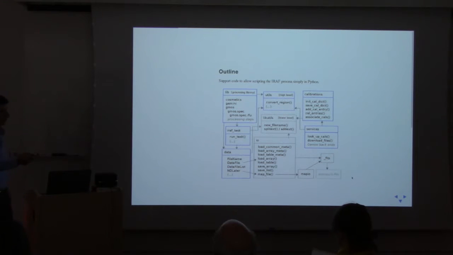The core thing that you see is this library of processing steps, which mostly contains GMOS IFU spectroscopy steps at the moment, but it's designed so it could potentially have steps for other instruments added to it fairly easily. Most of those are actually fairly simple wrappers for IRAF steps at the moment. There are a couple of pure Python steps in it too. I also have this IRAF task runner, which makes it easy to wrap the IRAF tasks. A representation of the data that we want to propagate between the steps, a few utilities, and then these calibrations and services modules help to automate and find the calibrations that match the science observations and put it all together